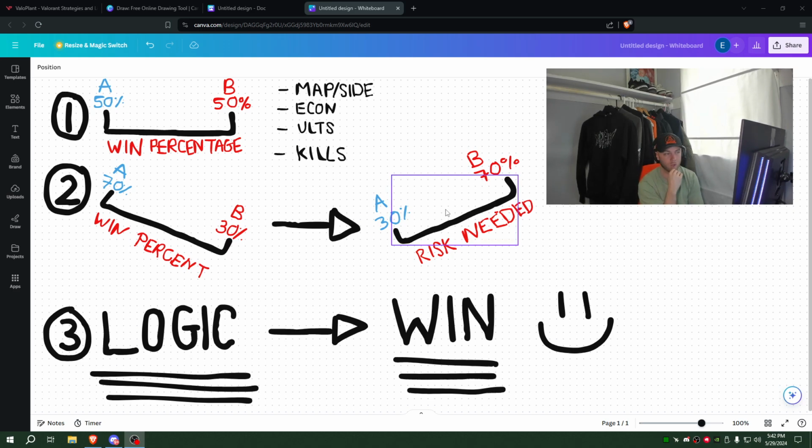And so teams know this, and teams operate with a certain level of risk tolerance going into the round. So a team that has a lower chance of winning the round is going to naturally take more risk. A team that has a higher chance of winning the round at the start of the round will take less risks, or should take less risks. So how do we see this in pro play and in matches?